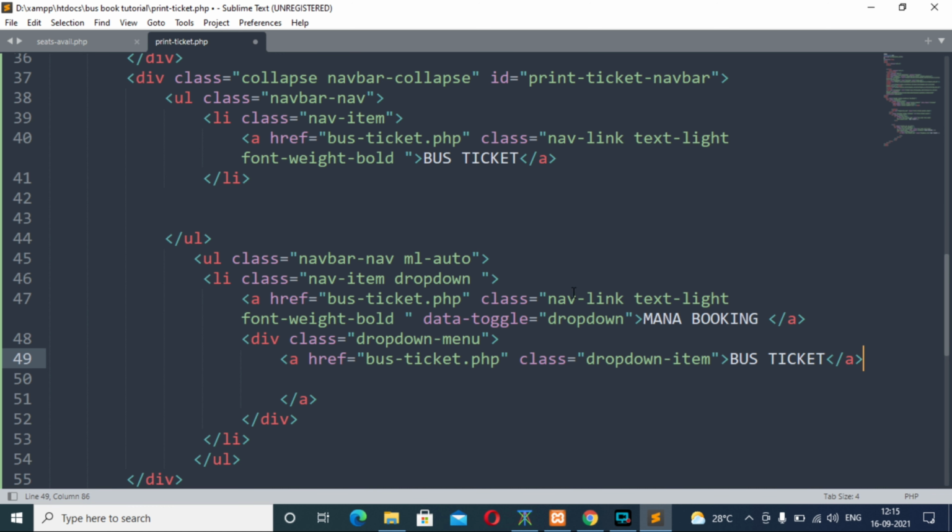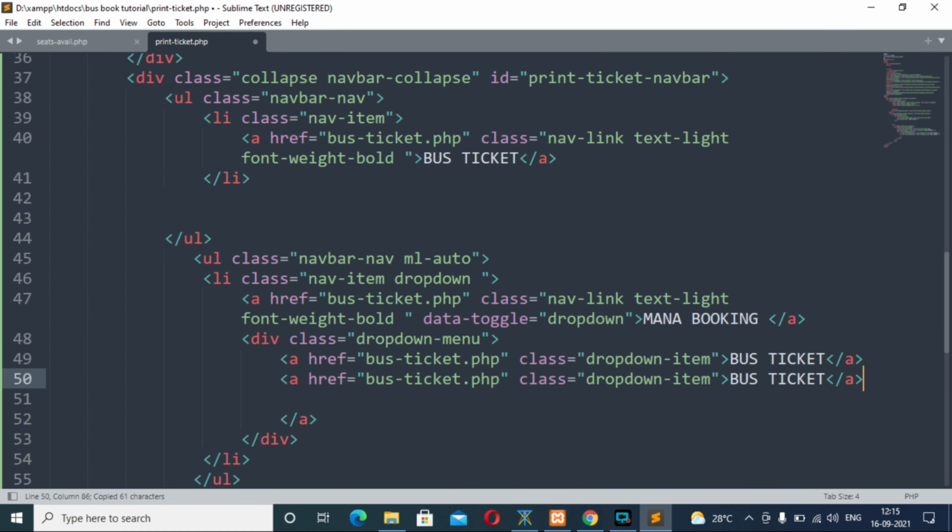and again copy this line of code from here and paste it just below it, and the value of the href attribute will be cancellation.php, and type here cancel.